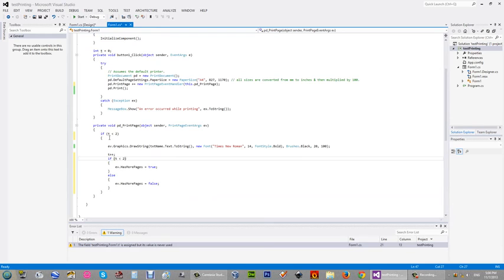Now here what's happening is, if I want to print 2 documents, it will first come to this if statement and see whether t is less than 2.